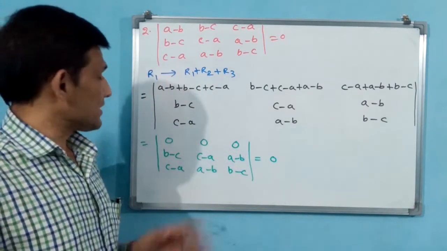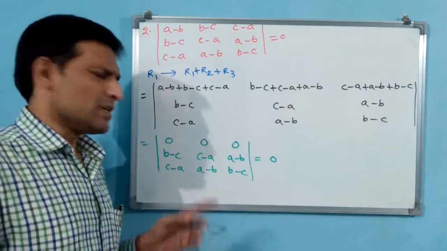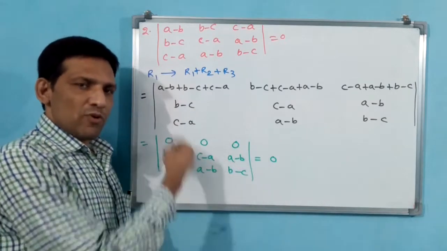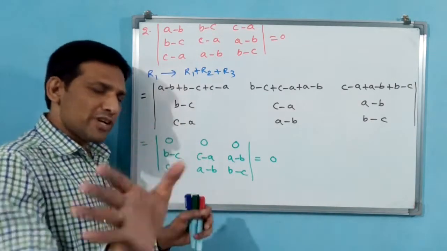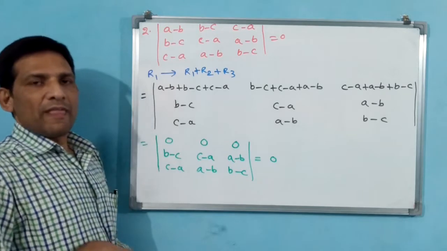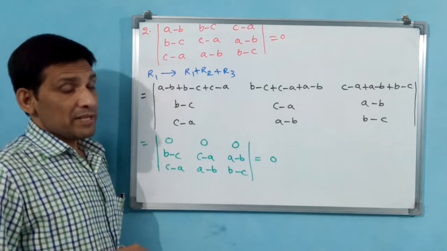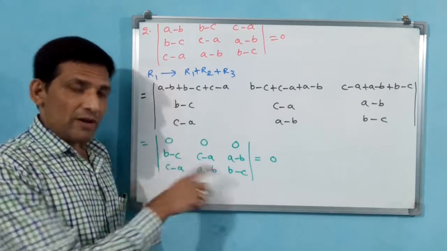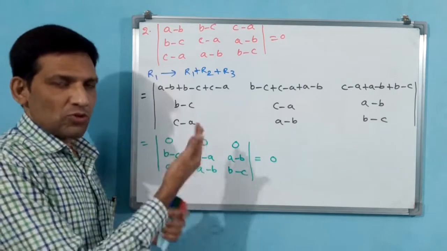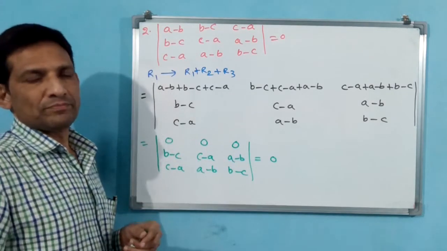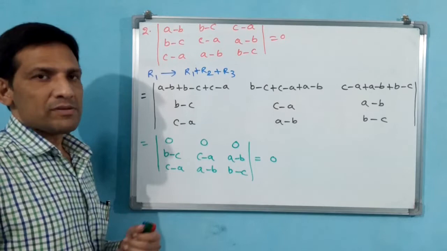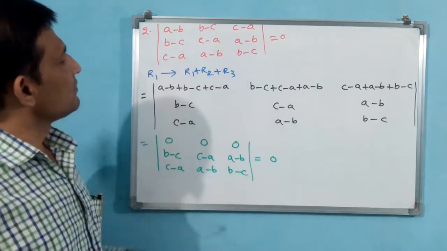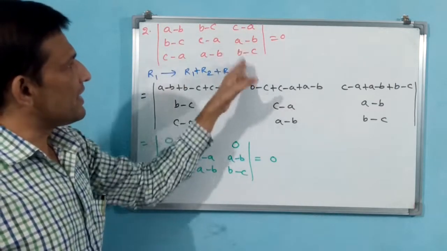You may ask, sir, without expansion, how are you now going to see? If all three elements in any row or column come 0, then you need not expand, directly you can write 0. That means, if you are able to make identical rows or columns, you make identical ones. If you are not able to make identical rows or columns, then you make zeros. You understand now? Is it okay? Why? Because all I have added and put in one row.